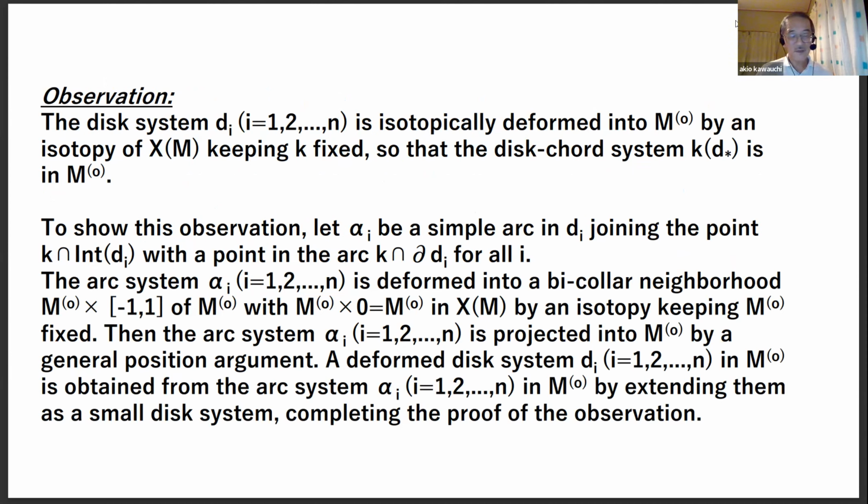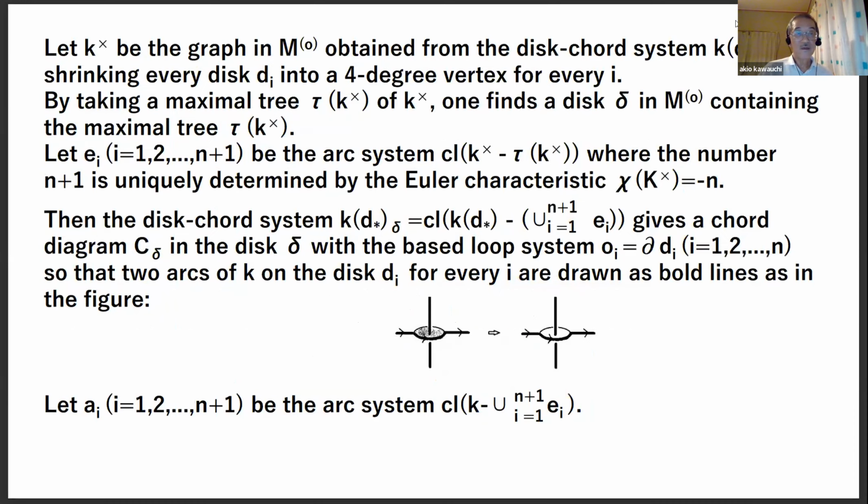Such an arc is in general position. It's deformed into M0. That is the main idea of this one. Anyway, so the disk code system K D star is in M0. Let K star be the graph in M0 obtained from the disk code system KD by